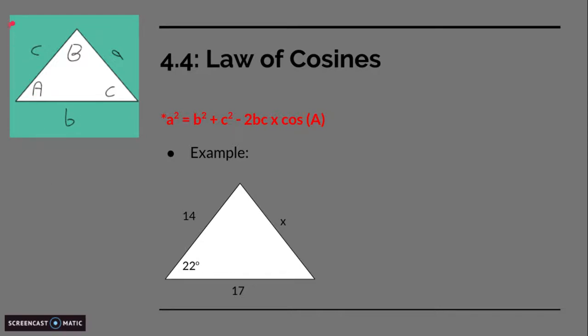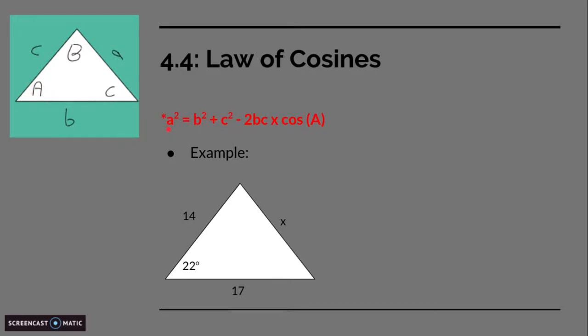So the thing about this formula is that you can change up the letters A, B, C. And I think that when I actually did a video on this, I made it something else. Like I made it like side and angle instead of A, B, C. Well, this is just a different way of saying it, but it really means the same thing. So you can see this picture, it's in reference to that. So lowercase letters will represent sides and uppercase will represent angles. So A squared,